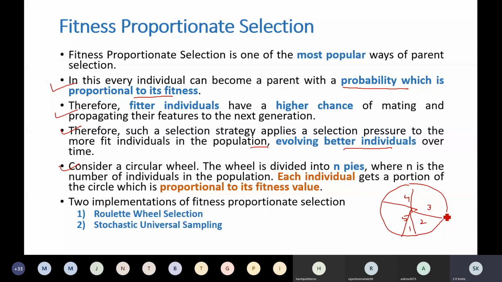Pie means parts of a circle, right? So we call it a pie. So this circular wheel has been divided into 5 parts or 5 pies. Now why 5? Because population size is 5. Size of the population is 5. That is n.